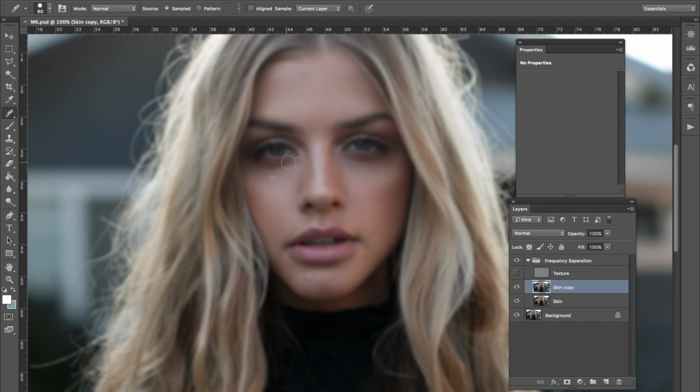And I try not to touch this under eye area. I want it to be as natural as possible, even though it's all being retouched. It's fine. It's cool. At least something's gonna be natural, her under eye. So I'm gonna go ahead and